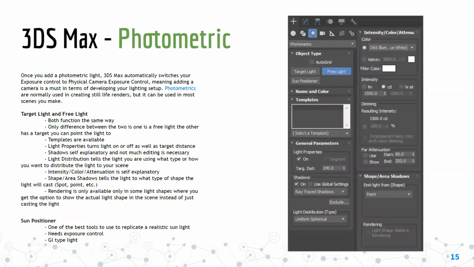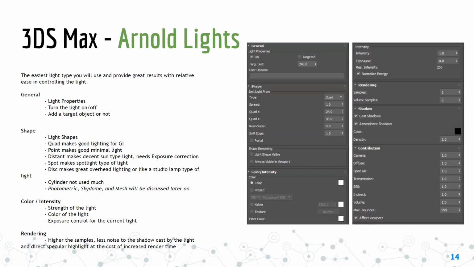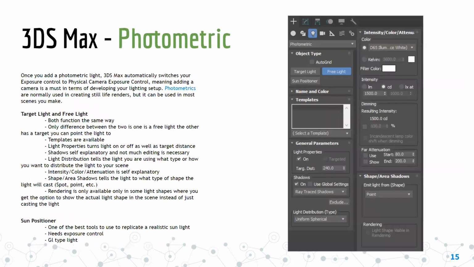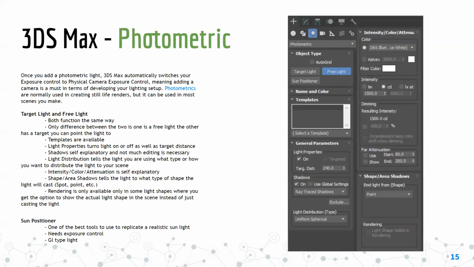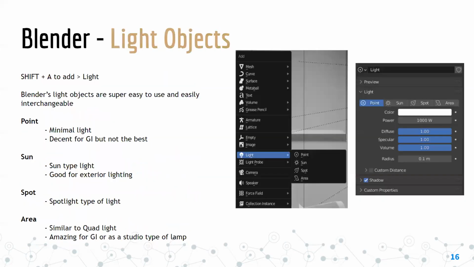As for photometric lights, iilan lang naman 'yan, but it's a bit heavy sa render time natin. So, I'm going to let you choose sa activities 2 and 3 kung anong gusto niyo gamitin, between Arnold lights and photometric lights. Personally, guys, nakita ko dati, madalas ginagamit nila Arnold lights kasi medyo light siya sa rendering time natin compared sa photometric. Now, as for Blender,